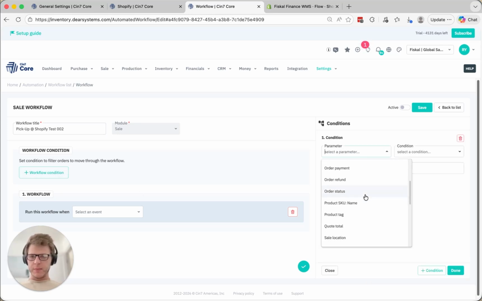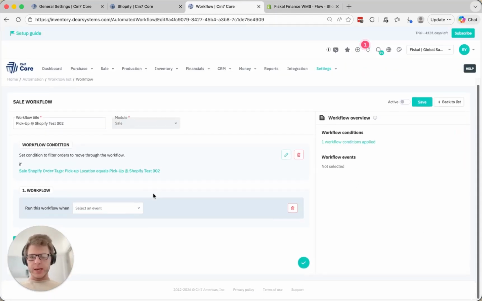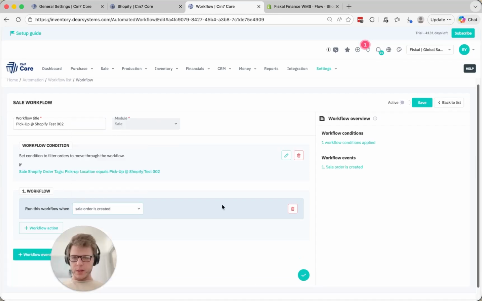So this sales workflow will only trigger when our attribute for pickup location equals our order tag that we are bringing in. So then we can say done. And then when an order is created,